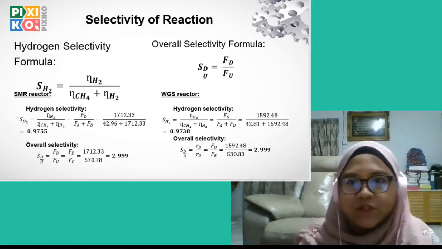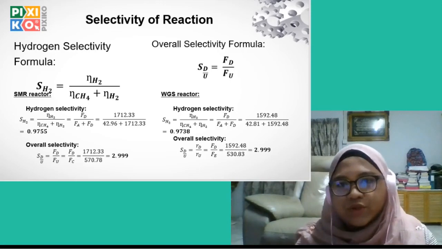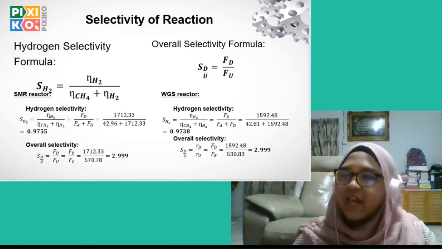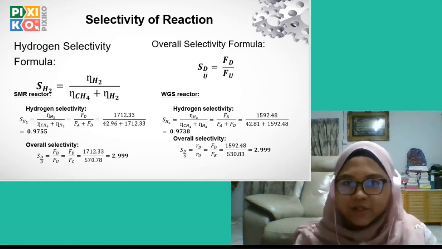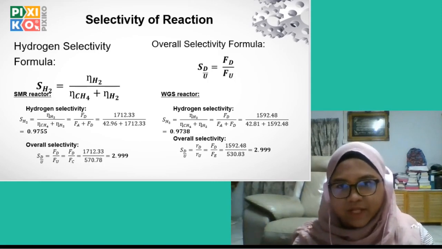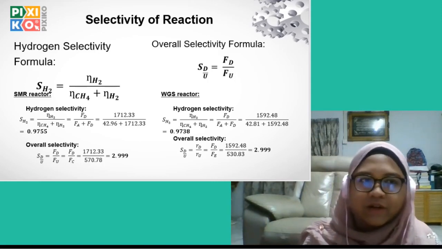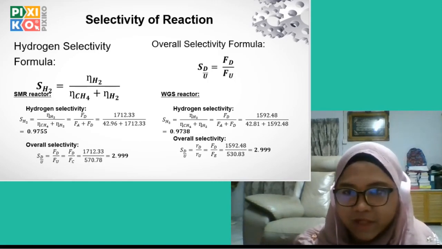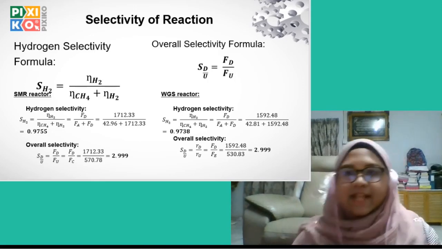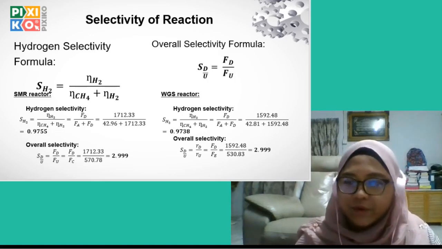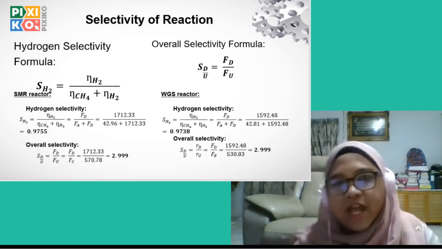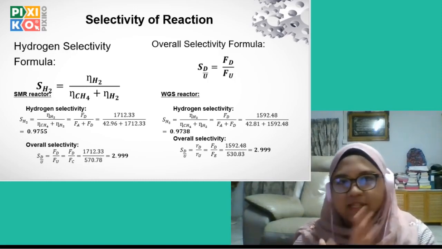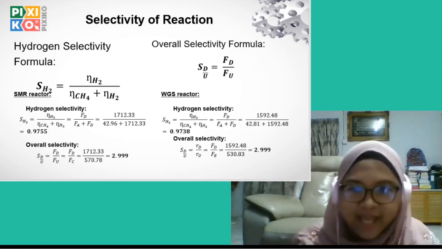So now let's move on to selectivity of reaction. We would use two kinds of formula in finding selectivity, which are the hydrogen selectivity formula and also the overall selectivity formula. The hydrogen selectivity formula is the outlet molar flow rate of hydrogen over the outlet molar flow rate of methane plus the outlet molar flow rate of hydrogen. For the overall selectivity formula, it is the flow rate of desired product, which is our hydrogen, over the outlet flow rate of undesired products, which are carbon monoxide and also carbon dioxide, depending on the reactor that